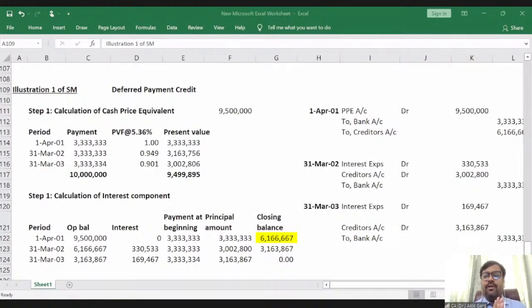So friends, today we talked about what is meant by property, plant and equipment. And we have covered so many concepts of property, plant and equipment today. This standard, Ind AS 16, will be covered in 2 classes, that is, today's class and the next class. So the next class will be on 15th March when we complete this standard.